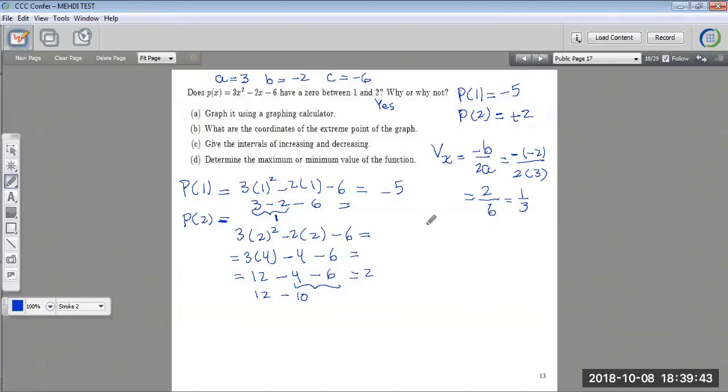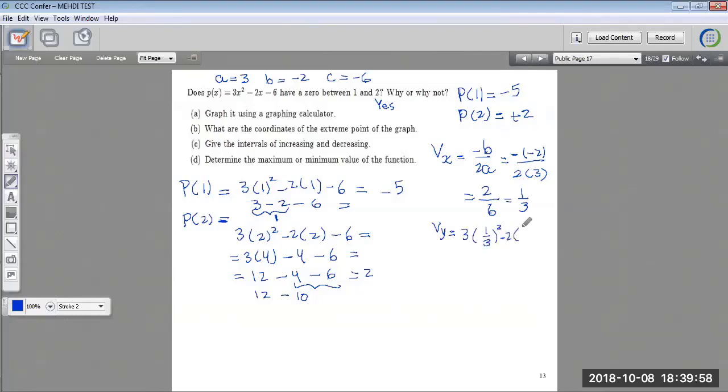To find the y position of the vertex, what do we do? Plug it in. You substitute 1/3 for each x